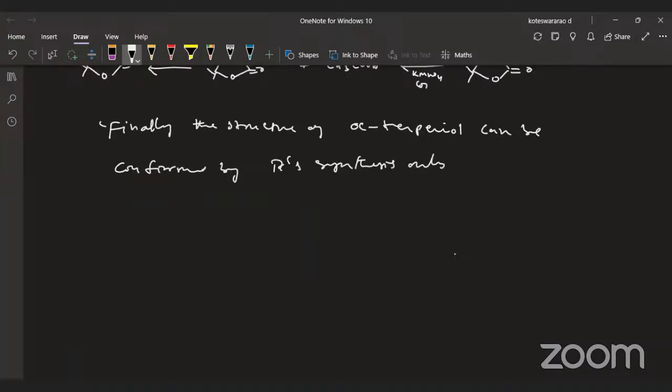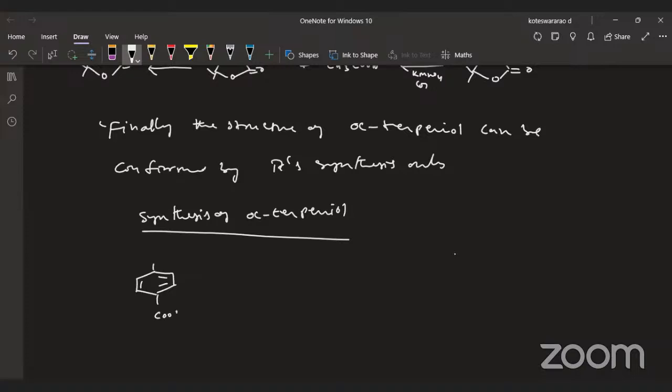First, coming to the synthesis of alpha terpinol. For that, I'm going to start with paratoluic acid. This is paratoluic acid. This paratoluic acid is treated with